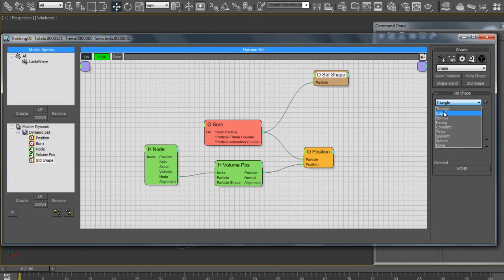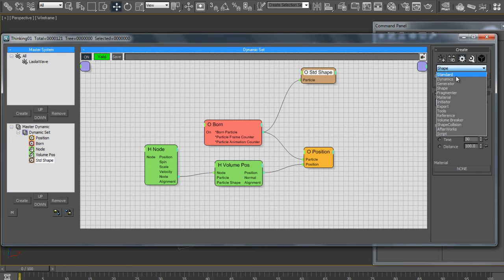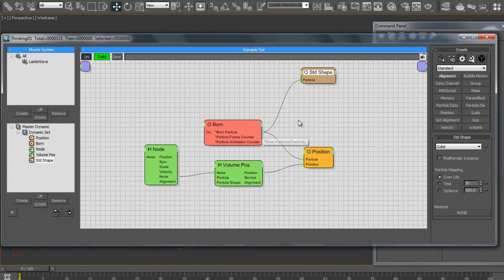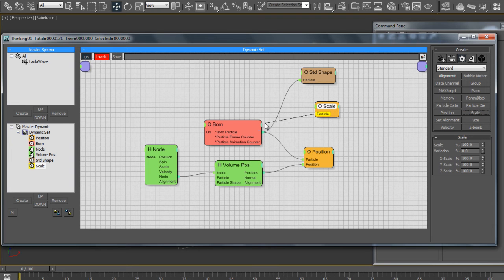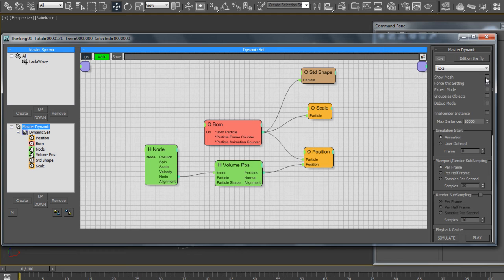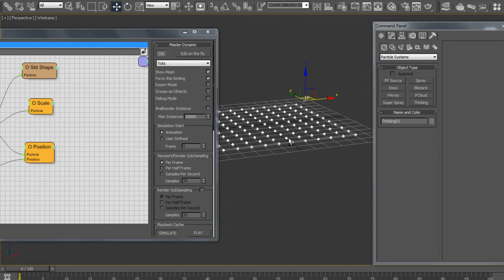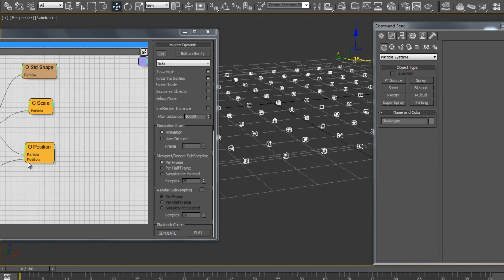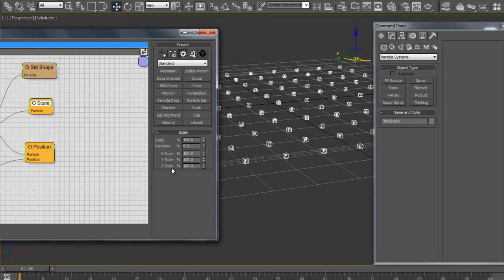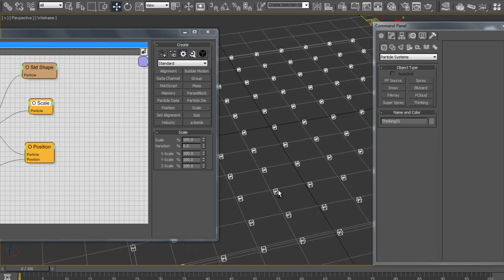So I'm gonna change that to a cube, because we pretty much want boxes or rectangles. But now we need to change the size for this, but I don't actually use size but scale, because size is only a 1 float value, but scale is a 3 float value. So you're gonna drop in a scale for this, and I'm gonna go ahead and turn on my meshes. So under the master dynamic, I'm gonna click on show mesh, and now I'm gonna just visualize this. Now for the z-axis, as of right now, that's fair enough. So if I click on my scale for the z-axis, that's fair enough. We can remain at 100, but we now increase the